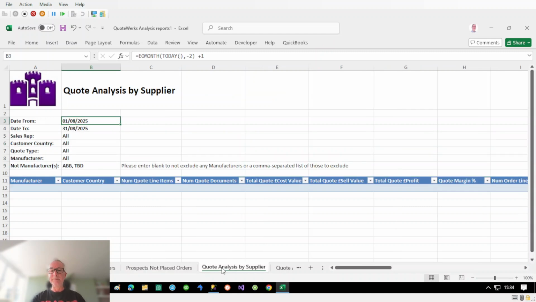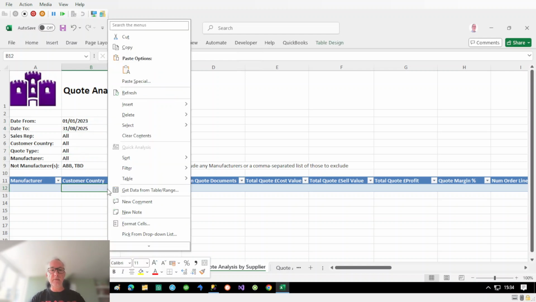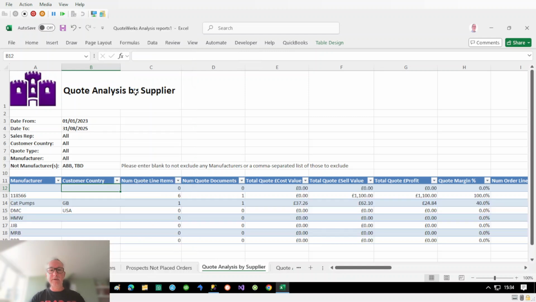This next report, we're doing quote analysis by supplier. Now we've got all sorts of filters down here. The sales rep fairly speaks for itself. Sold to country. This quote type was a custom text field that the users fill in, but this could be kind of anything really. Again, I'll just change this just to show some data coming through, and right click refresh,